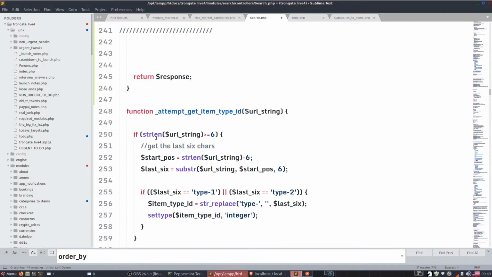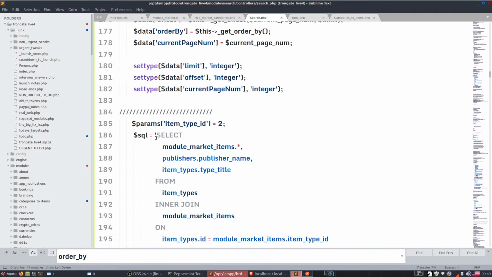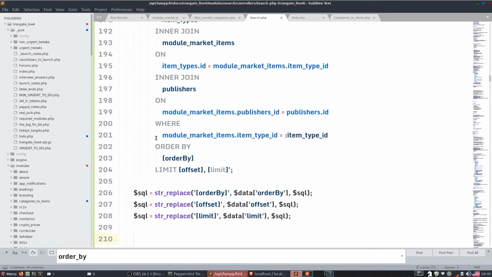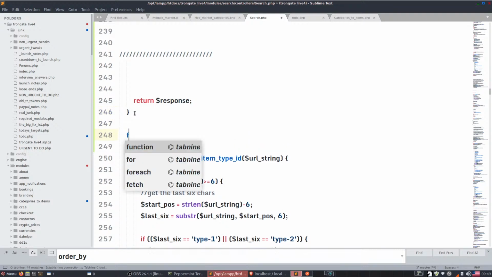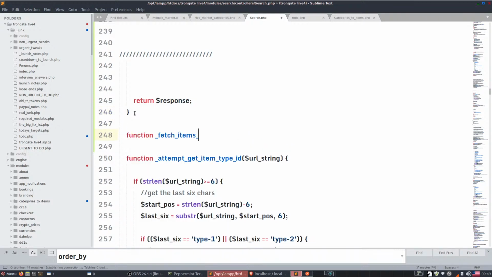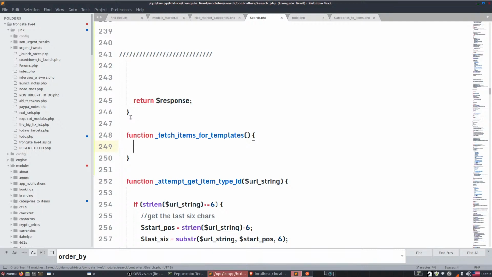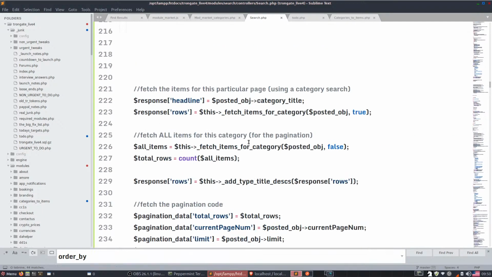So if we go back here, we're going to say function fetch items for templates. Alright, fetch items for templates, and